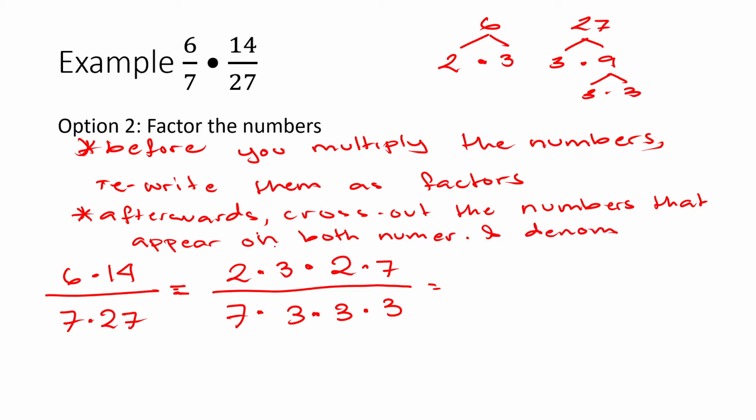Here's the main keyword, both numerator and denominator. Okay, so here we have 2 times 3 times 2 times 7 over 7 times 3